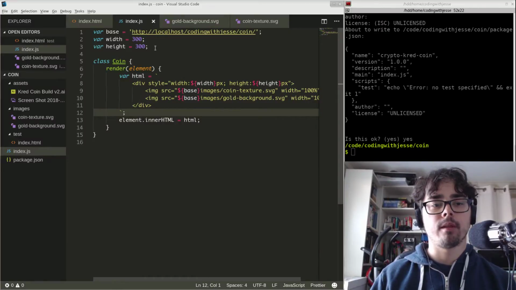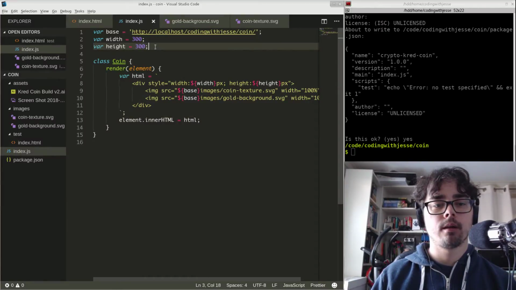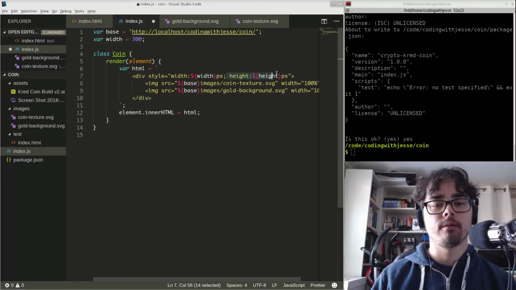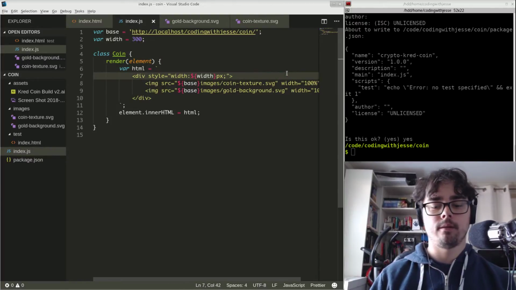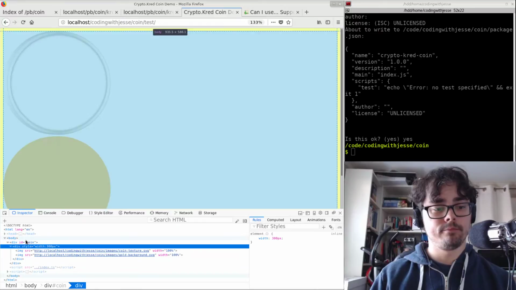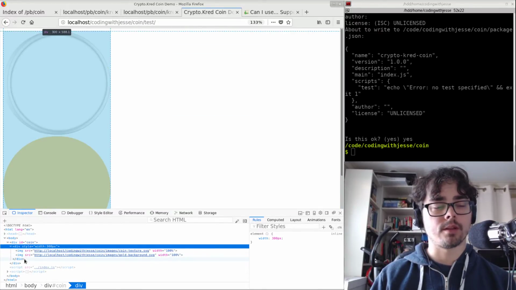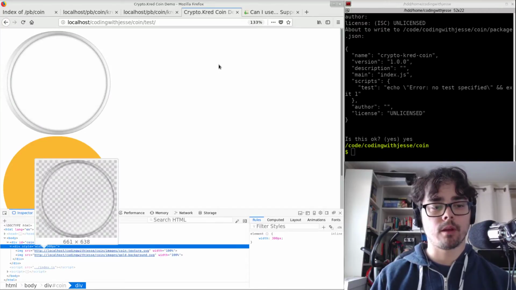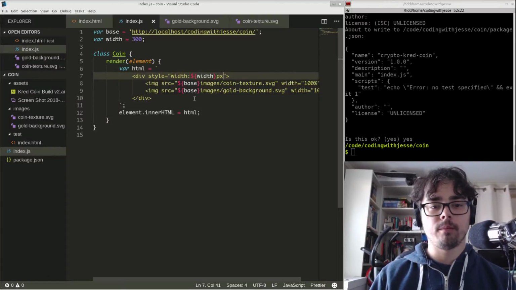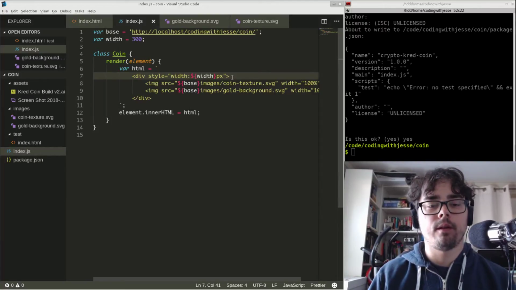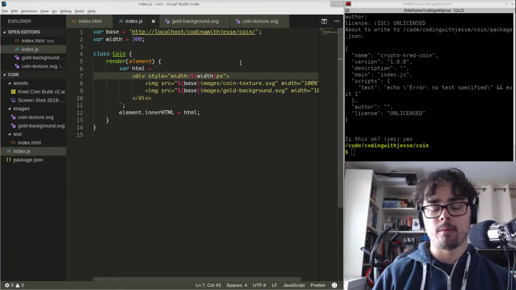Basically, I only need the width then, I think. If I take that height off, let's see what it does. Then it stretches as needed, which is probably okay. So I want to get these both to be in the same place. So I need to use absolute positioning,